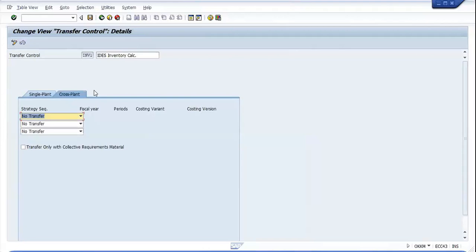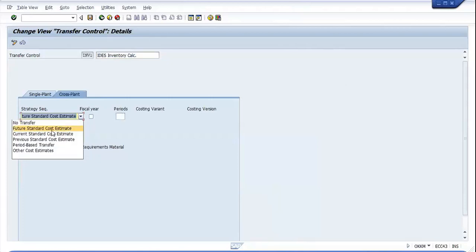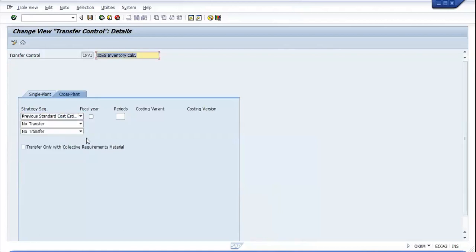If we have entered one of these special procurement types, like you can see here for the standard cost estimates, basis period transfer, they did not maintain any current standard cost estimates. Period, future standard cost estimates. Just a minute, previous standard cost estimates. It's not showing anything here.